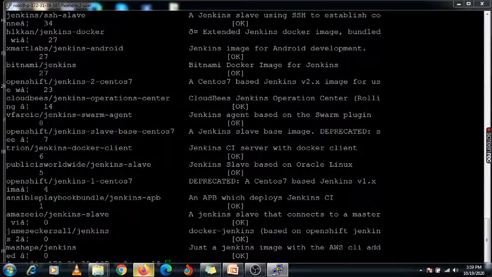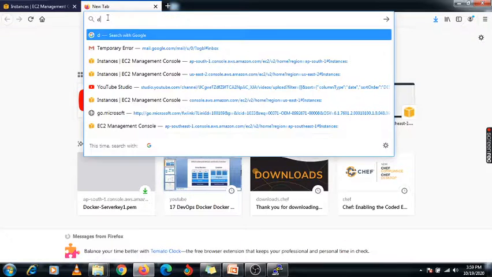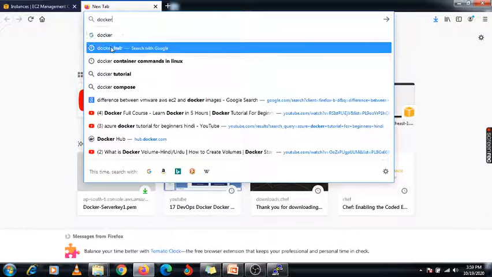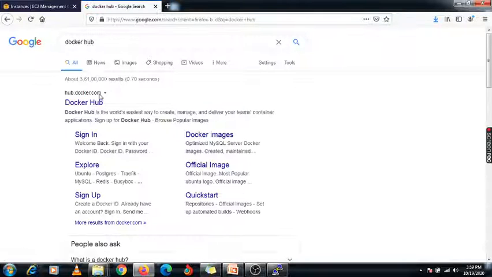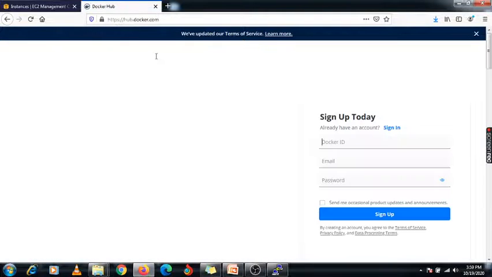Now I'm going to go to the internet, and here I'm going to search for docker hub. Enter it. Here is the link, hub.docker.com. Just click on it. I'm not going to register on Docker Hub.